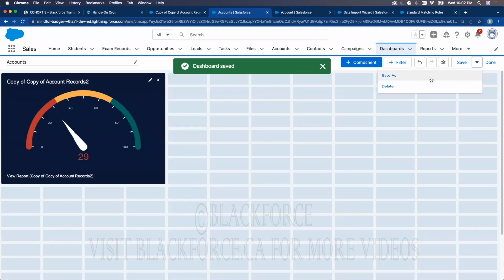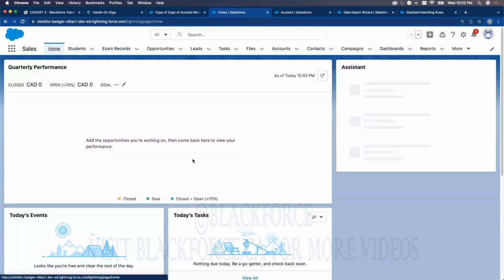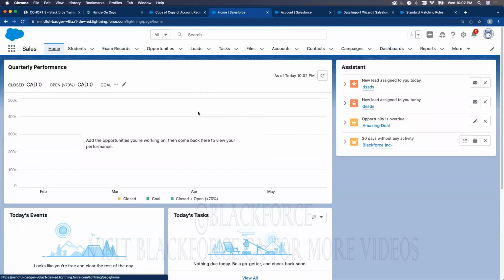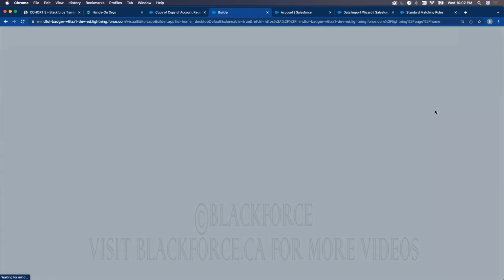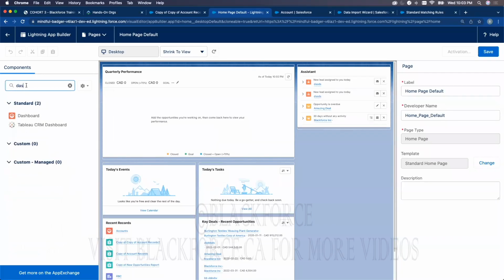You save and you can click on done. So what can you do with this dashboard? You can go to the home page and include this dashboard on the home page. How do you do that? Remember when I was teaching you Lightning App building, I click on edit page and I drag the dashboard into view,